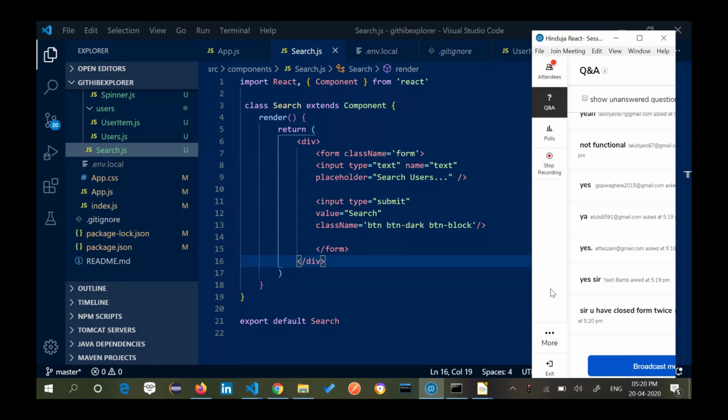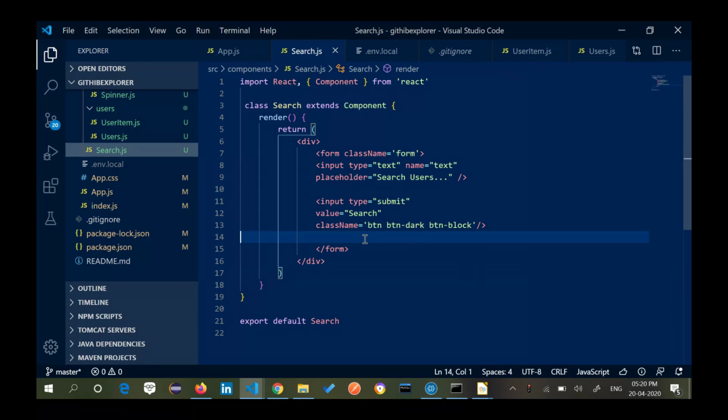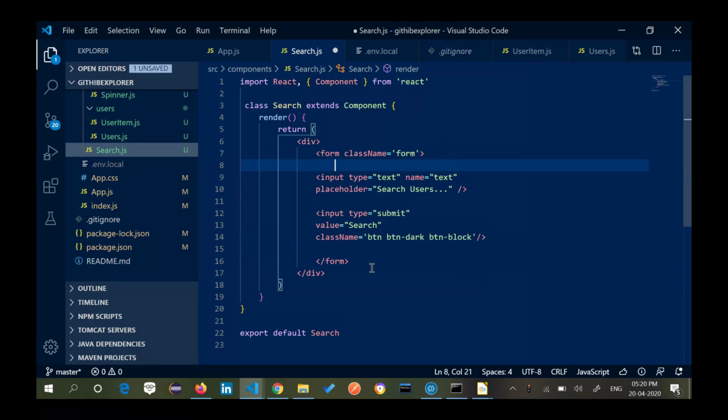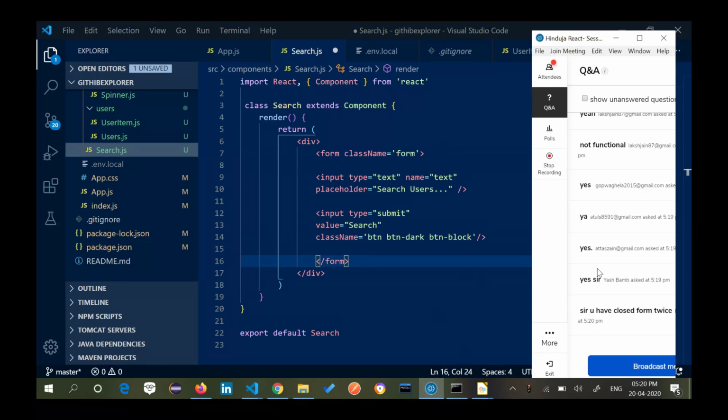I have opened and closed the form only once. This is where I started it and this is where I ended it.